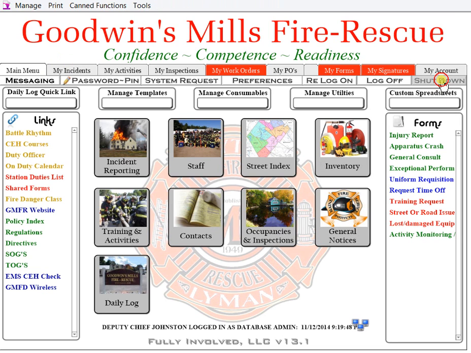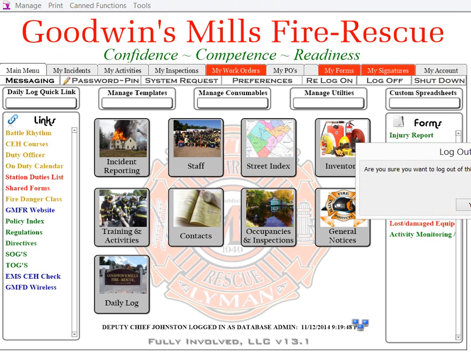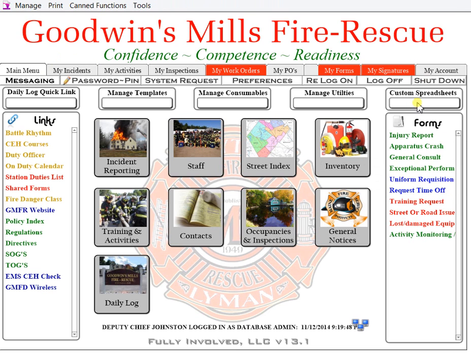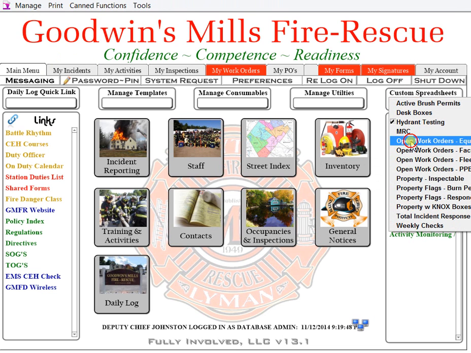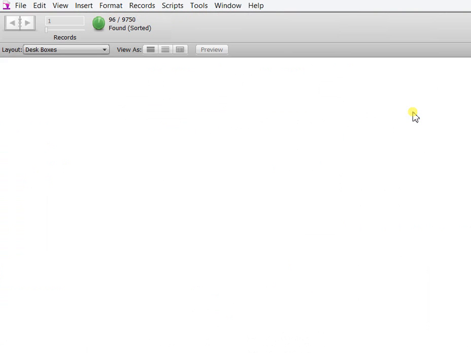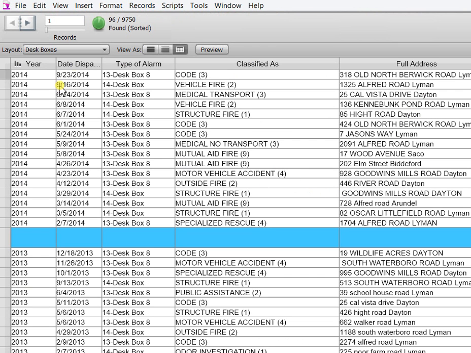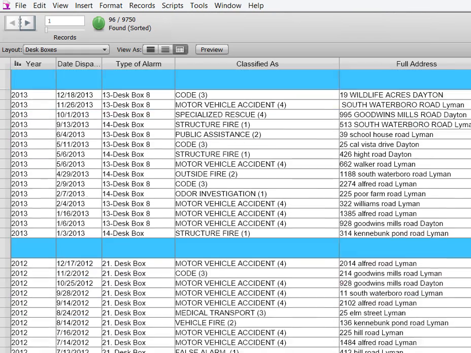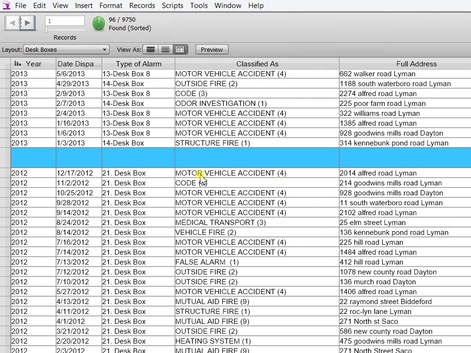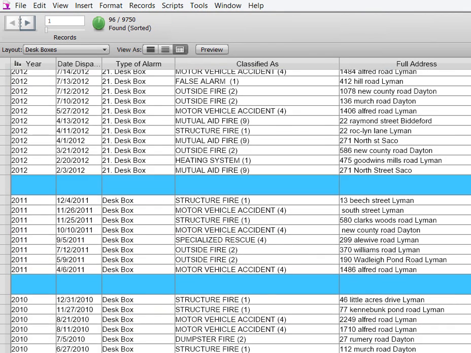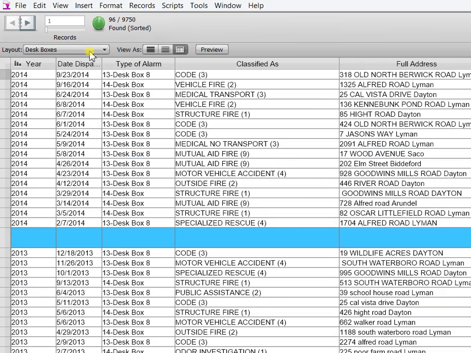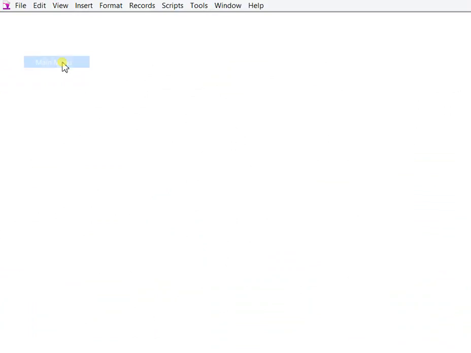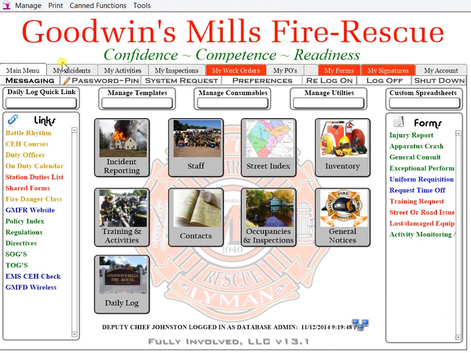You can also do things. It doesn't have to be a report. It can also be what we consider to be a spreadsheet. For instance, if I go to the one that's called desk boxes, you'll see that there's all the desk boxes there in 2014, and scroll back through, and they've created the borders for the years. You can do anything like this on basically any data that you're collecting somewhere in your program. We can make it so that it's readily available for